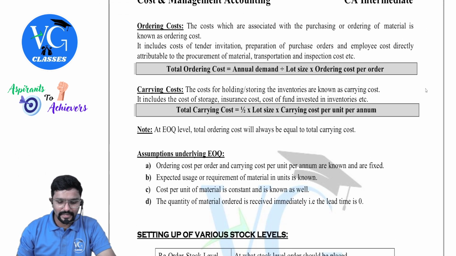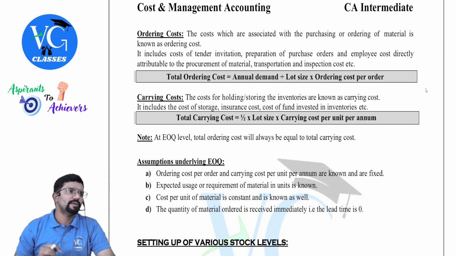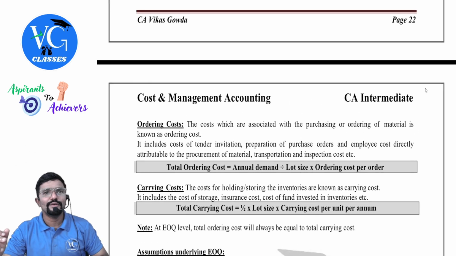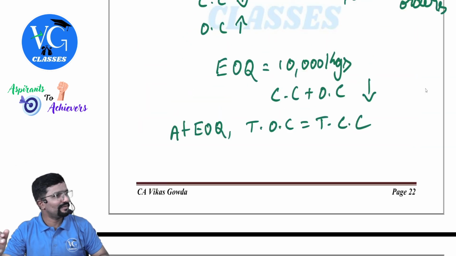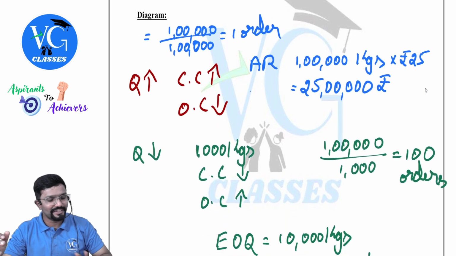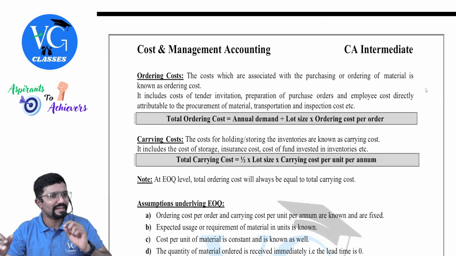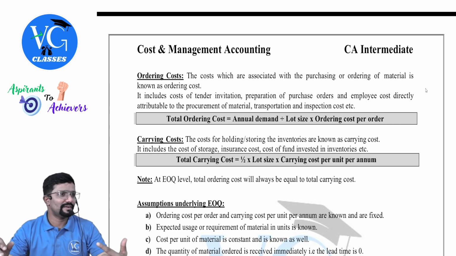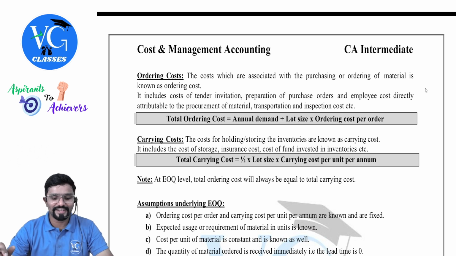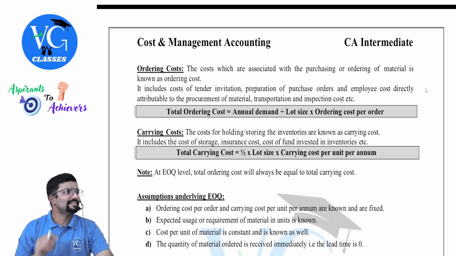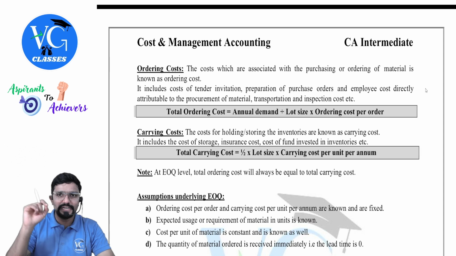I have a diagram. I will draw it, but before that, you can take down. I have left the space there now. You took there only? Did you take down whatever I wrote here? You took there itself? Ah, thank God. Don't take there. Better you mark it somewhere else or in the notebook, because I have left space for the diagram. I will make you guys draw the diagram. What madam, enjoying? Good. Ordering cost and carrying cost we understood.